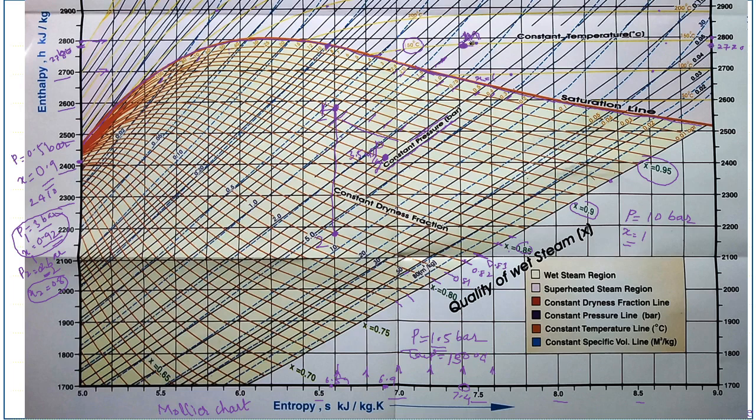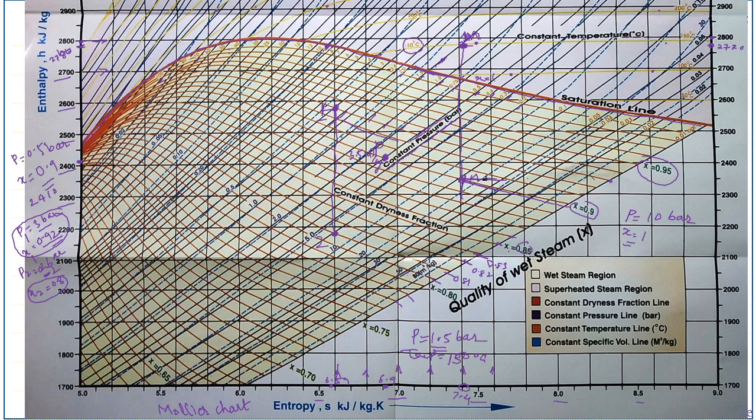If this steam is expanded isentropically up to some pressure, say up to 0.1 bar, we stop here at point N because 0.1 bar is given. So this pressure is 0.1 bar, and it is stopped here. Corresponding to this point N we can find the dryness fraction as 0.9. We can find enthalpy and entropy. So at point N we can find almost all properties, such as enthalpy, entropy, dryness fraction and specific volume.